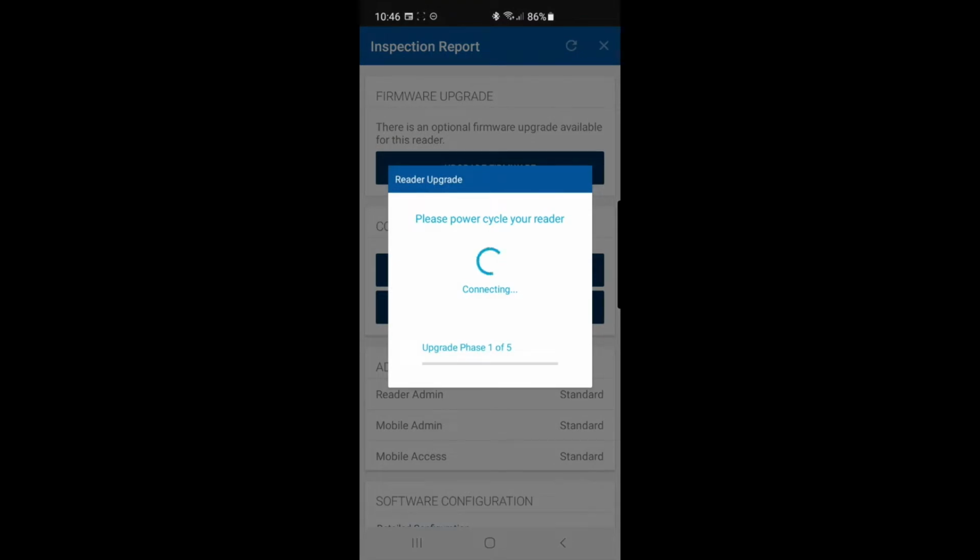Now we're being asked to cycle power, so let's just do that. Okay, for the reader to power back up and start the communication process. Now that power cycle there is basically a validation check to ensure that you have the rights to do what you're about to do. Okay, so